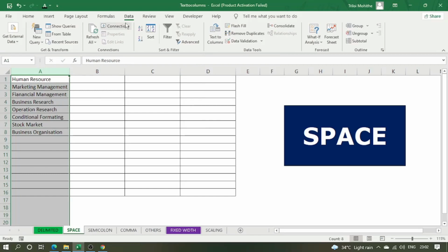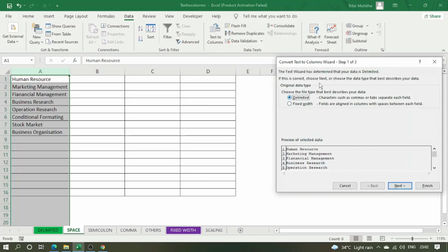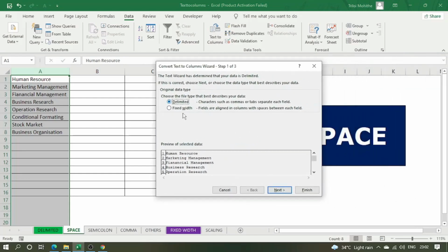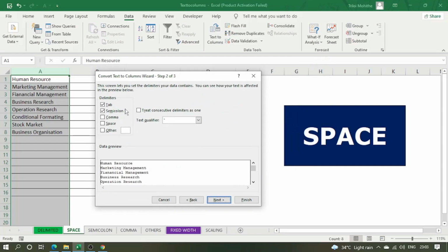Select the data, then click on the Data tab and then click on text to columns. After clicking on text to columns, we can see the two options over here, delimited and fixed width. As of now, we'll discuss delimited. So first select delimited and then next. After this, we are going to split the data based on space.